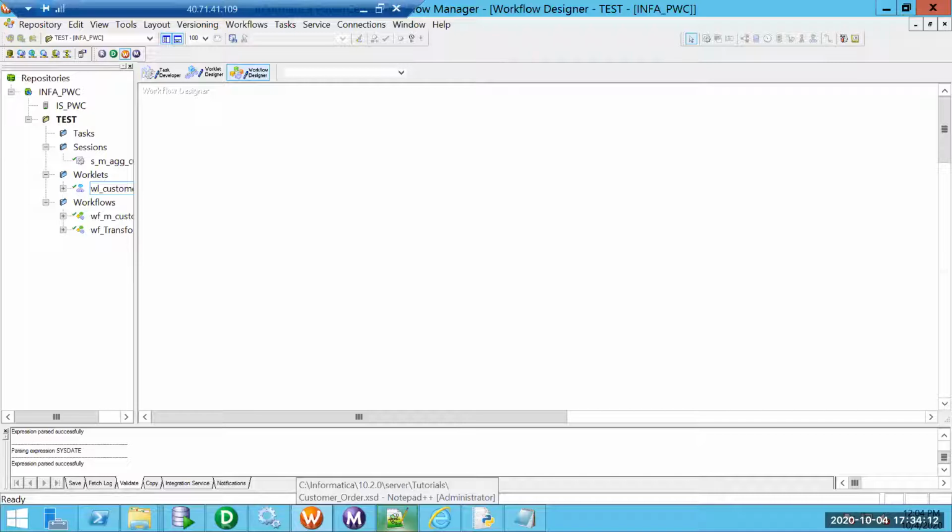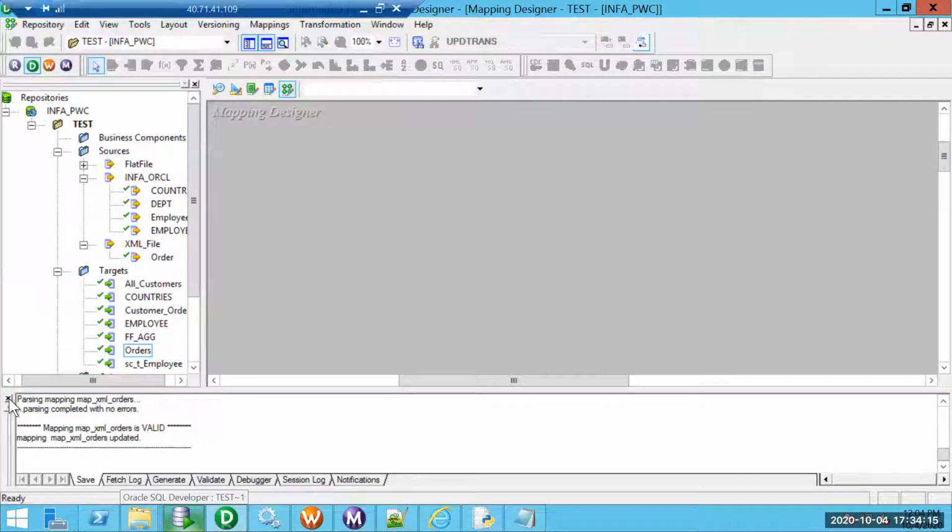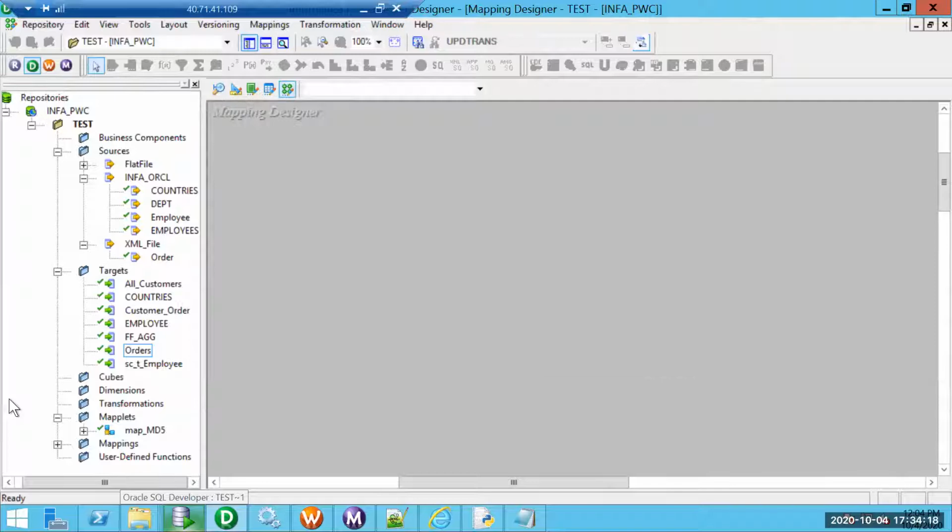So today we are going to see the SCD2 implementation. Typically, first of all, we'll try to understand what is SCD2 before we develop the mapping. The difference between SCD1 and SCD2 is, in case of SCD1, if the record exists in target, we are going to just update the existing record. If the record does not exist, we will insert. So this is the usual thing, but the process is a bit different in case of SCD2 implementation.